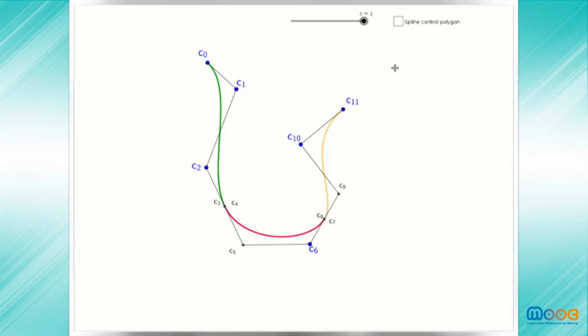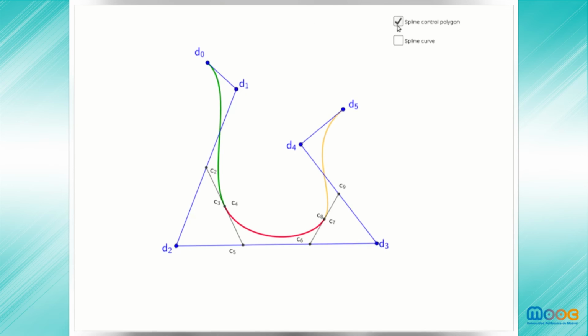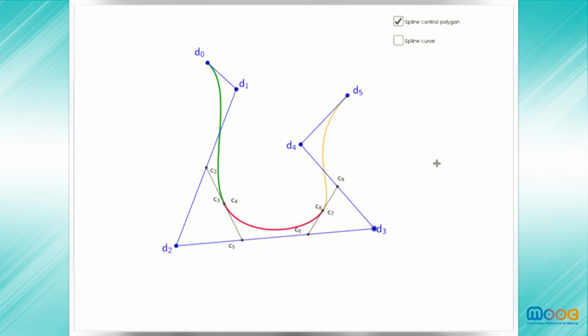These vertices in blue don't constitute the control polygon of the B-spline curve, although they are the same in number as the B-spline control polygon. The B-spline control polygon is this set of vertices, and even if we move them, the resulting curve is going to be always a C2 curve. This curve is going to be the B-spline cubic curve.